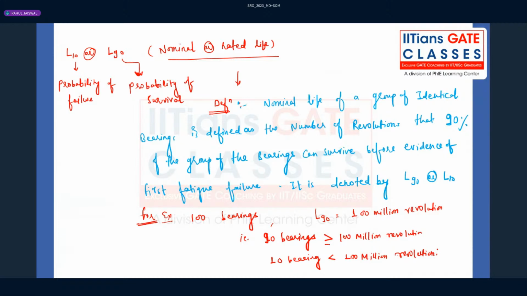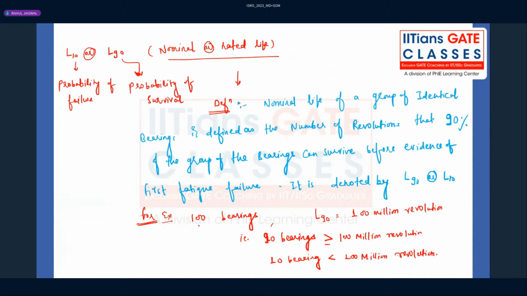Let's say we have defined the nominal life or rated life as 100 million revolutions. Then 90% of the group of the bearings. How many bearings are there? 100. 90% means what? 90 bearings. 90 bearings will be undergoing at least 100 million revolutions before evidence of the first fatigue failure,